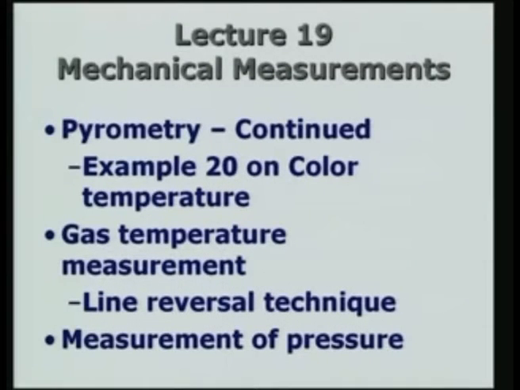This will be lecture number 19, ongoing series on mechanical measurements. Towards the end of the last lecture, we were looking at the color parameter or two color parameter, which is one way of measuring the temperature of a hot object, which is luminous. That means it is able to give out radiation which can be used for the measurement of temperature. Essentially, it is used for high temperature measurement. So, we will close the discussion with an example which will determine actually the color temperature given the input data.